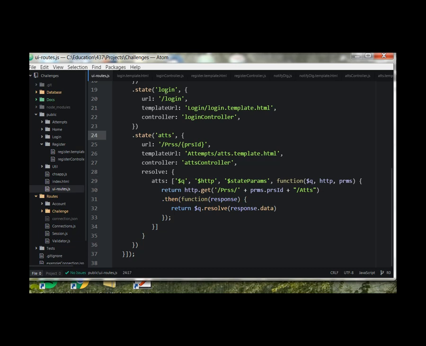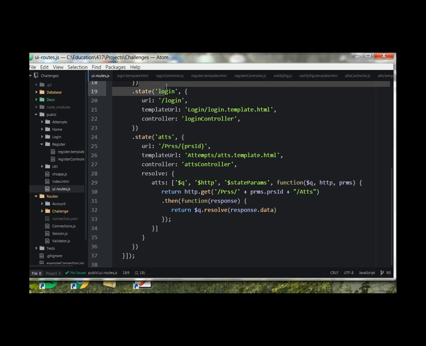Let's take a look at how we do the go, and we'll see how that's working. First of all, every time we've done a go, we've used one of these names, right? So $state.go login, $state.go register. That's the name in use. So from home, for instance,